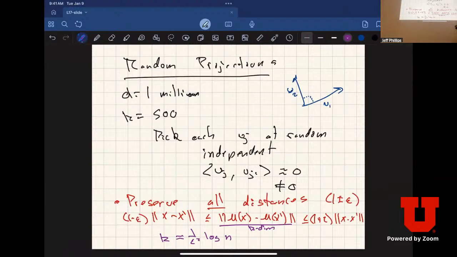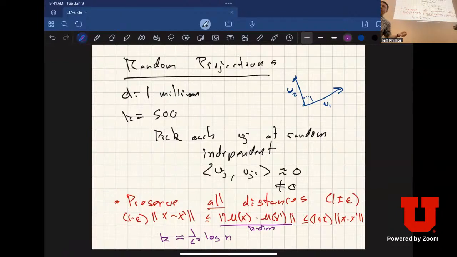Okay, so interestingly, it scales quadratically with the amount of error that you want. This is similar to things we saw with hash functions for the min hashing. We have a similar sort of analysis here of why you need 1 over epsilon squared. So if I want 1% error, I need a factor of 10,000 in front here. If I want 10% error, then I need a factor of 100 roughly. And it's logarithmic in the number of points. This holds for all points and all pairs of points, and it grows logarithmically with the number of properties I